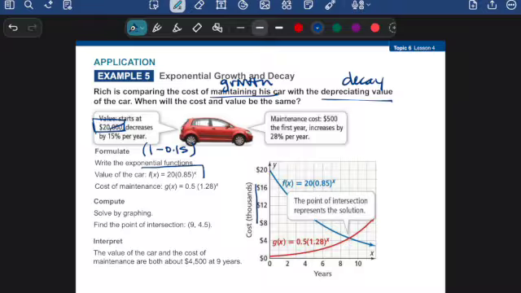So our depreciation function can be represented like this: 20 times 0.85, which is 1 minus 0.15, to the x. And you can see it's represented by that blue graph. It's our decreasing exponential decay. For the cost of maintenance,